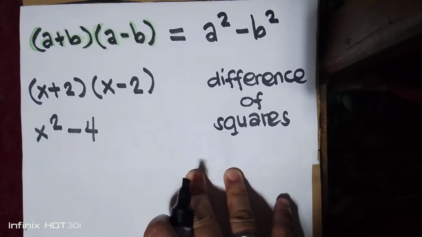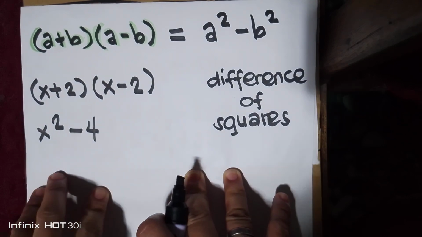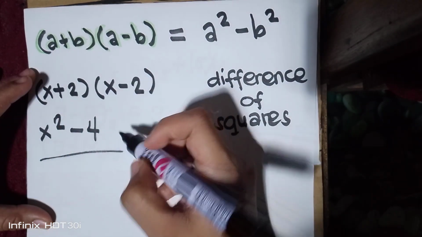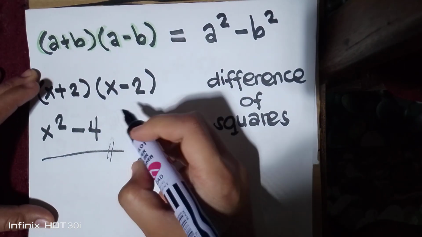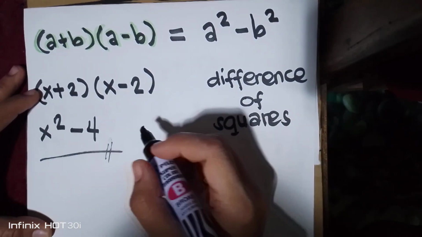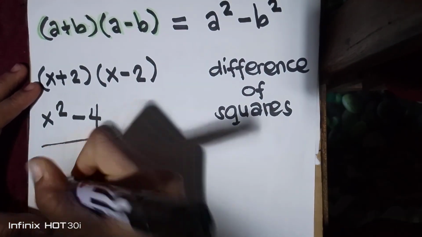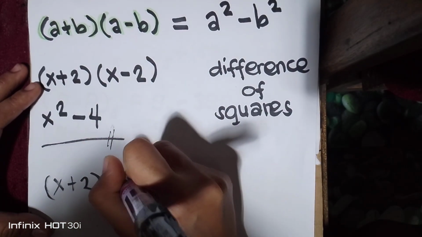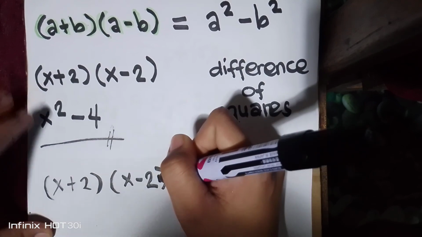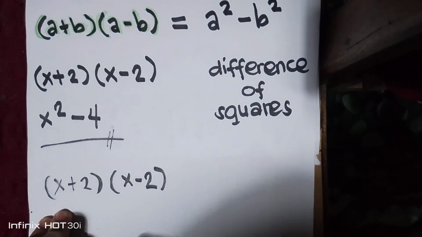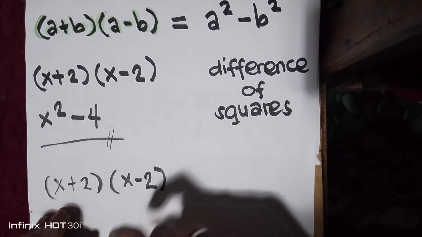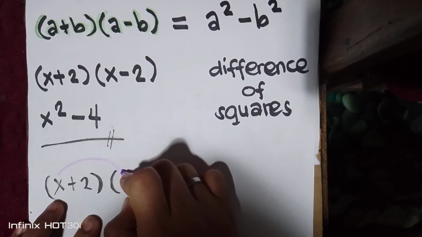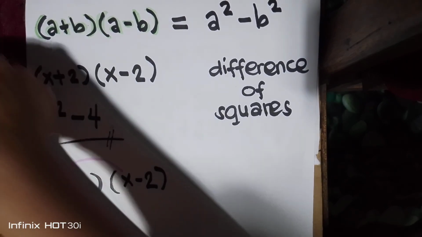Okay. How about if we are not going to use this pattern? We are going to solve it using the distributive property, so we can check if our answer is still the same. So we have x plus 2 multiplied by x minus 2. First, we are going to distribute the x, or you can also use the FOIL method. So x times x, it's x squared,